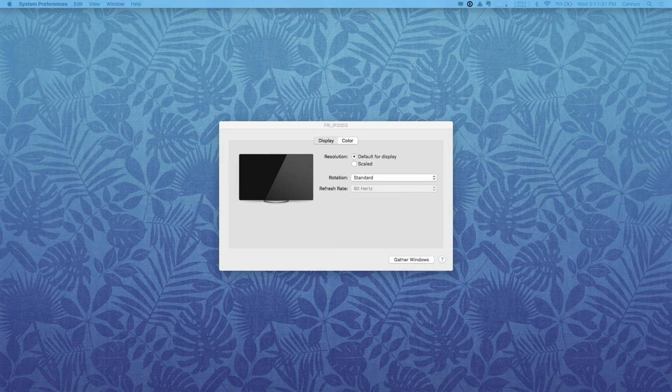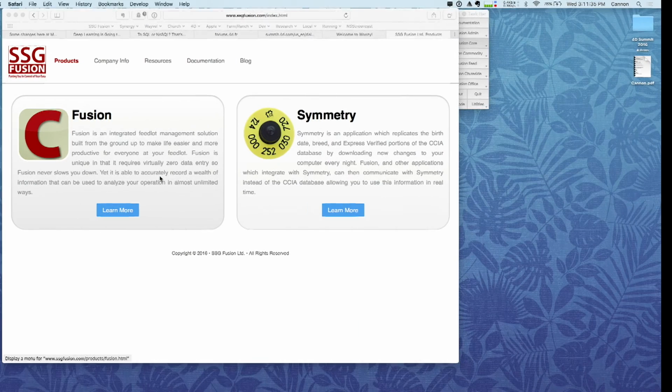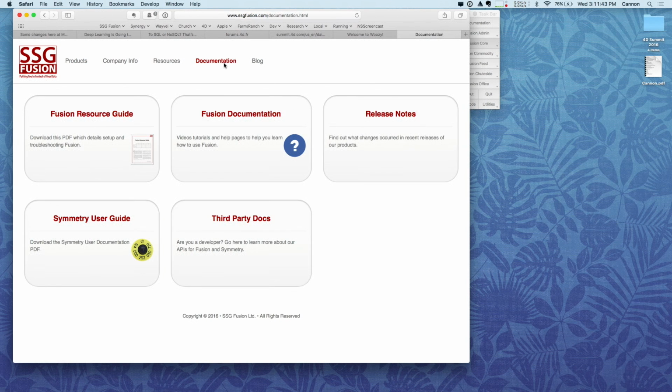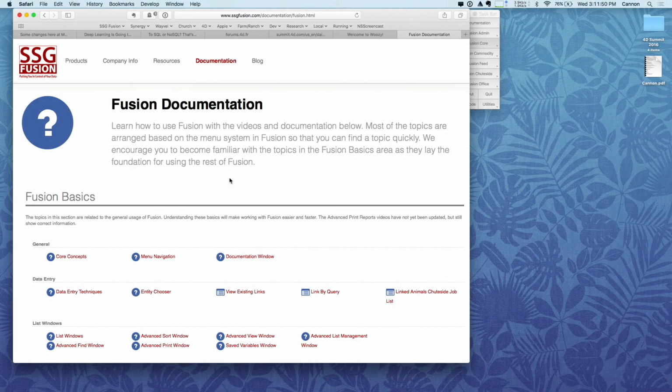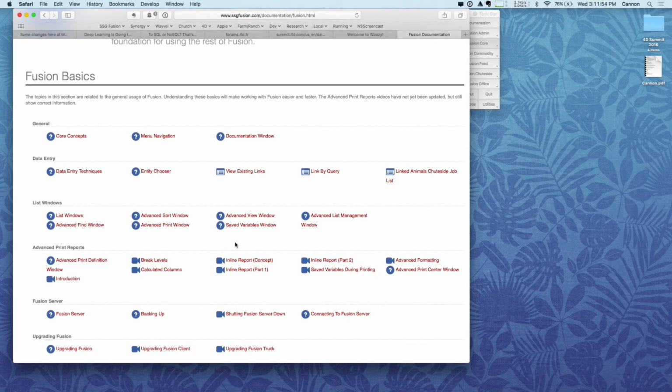All right, let me figure this mirroring thing out here. So this is the home page of our website. If you click on the documentation, we've got a couple smaller products, but Fusion documentation is the main thing. This page here is what I consider our top level of all of the documentation for